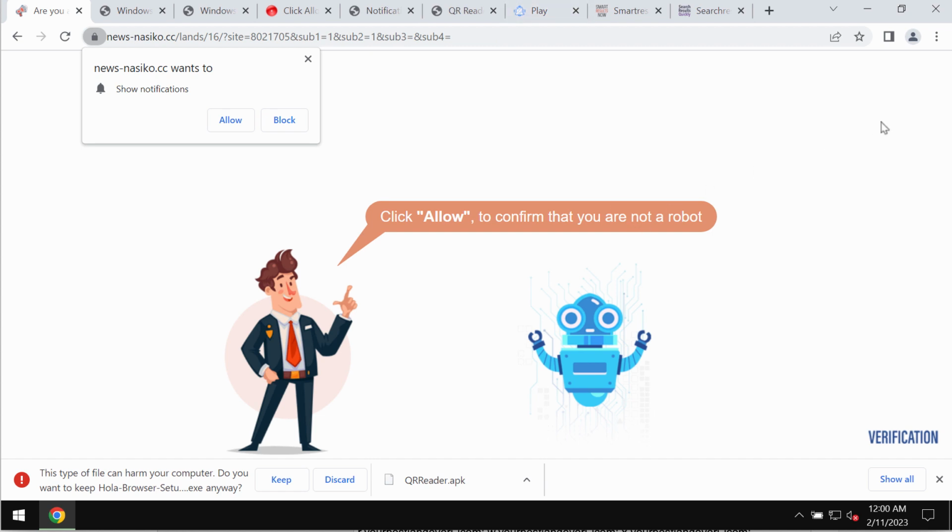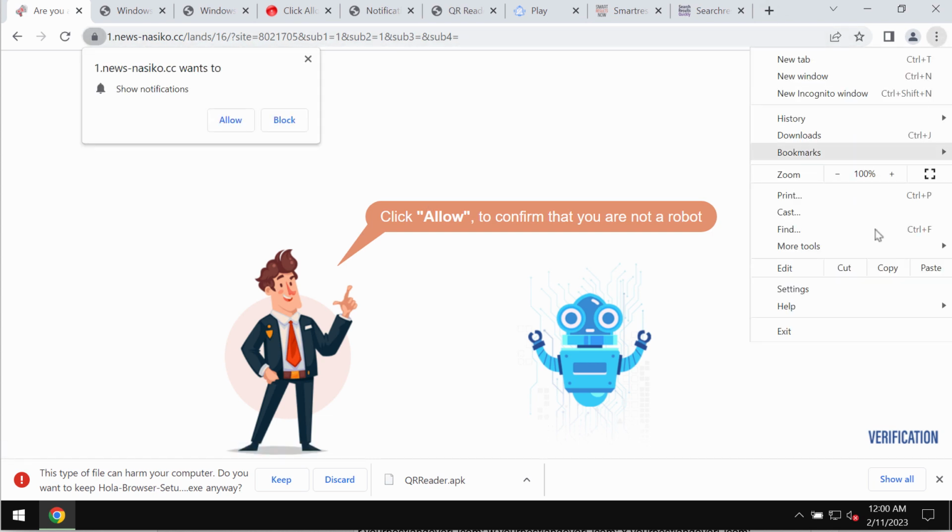In reality, it is a mistake to click on allow. This may hijack your browser immediately with plenty of advertisements that would be attacking the screen in the form of repeated web push notifications. If you have mistakenly clicked on that allow button, you should urgently fix your browser by